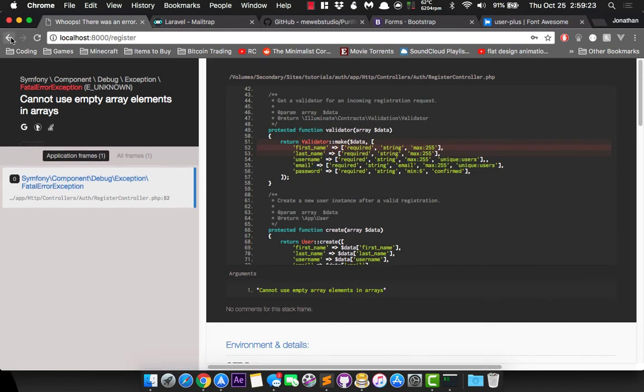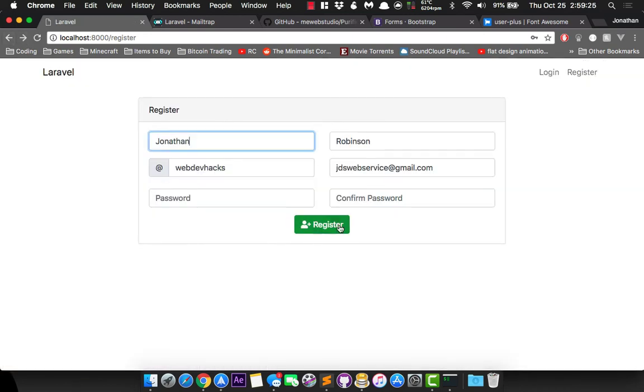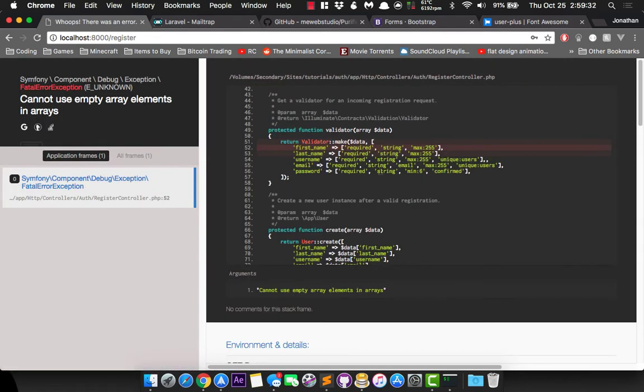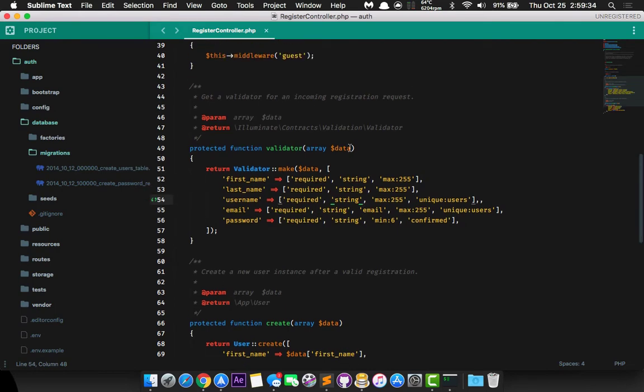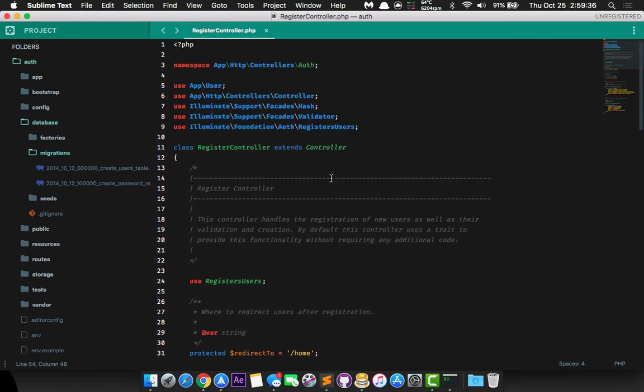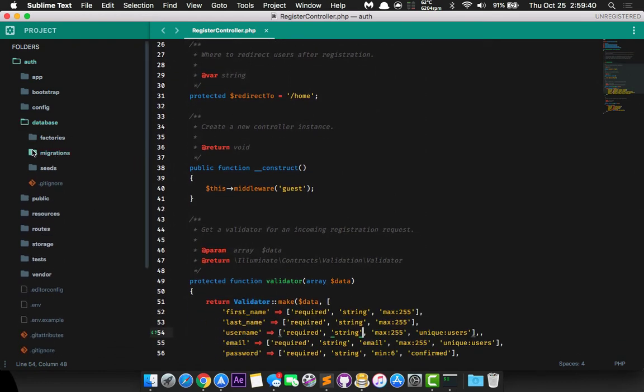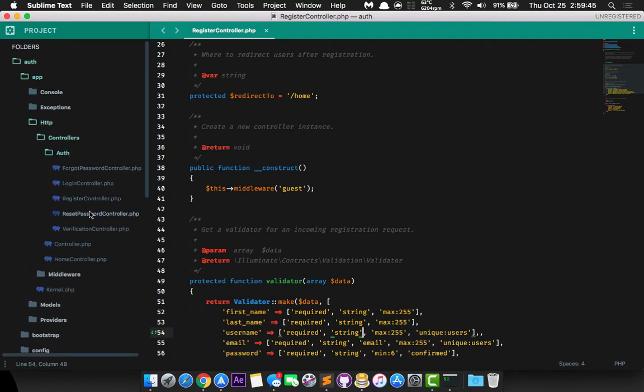Cannot use empty array elements in array. Okay, so let's go back and try and fill it out again. Cannot use empty. All right, so the array data, that is going to be coming from, whoops, I didn't mean to do that. And we'll go to our,